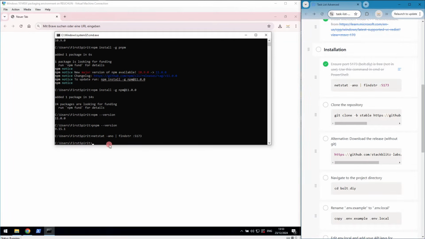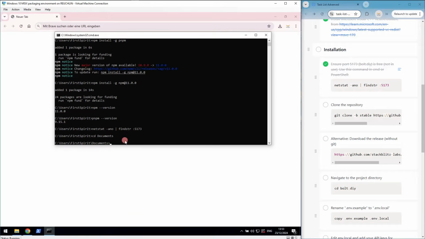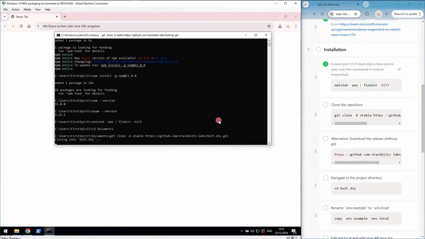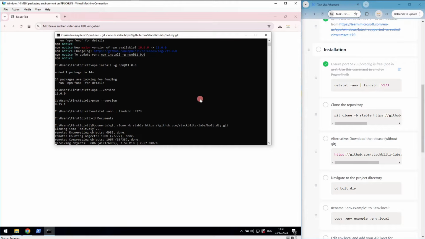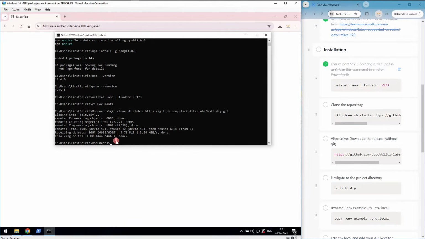Then let's clone the Git repo. I will just clone this to my documents. So I go to documents, copy the link or the command, paste it here with right click and press enter. Okay,